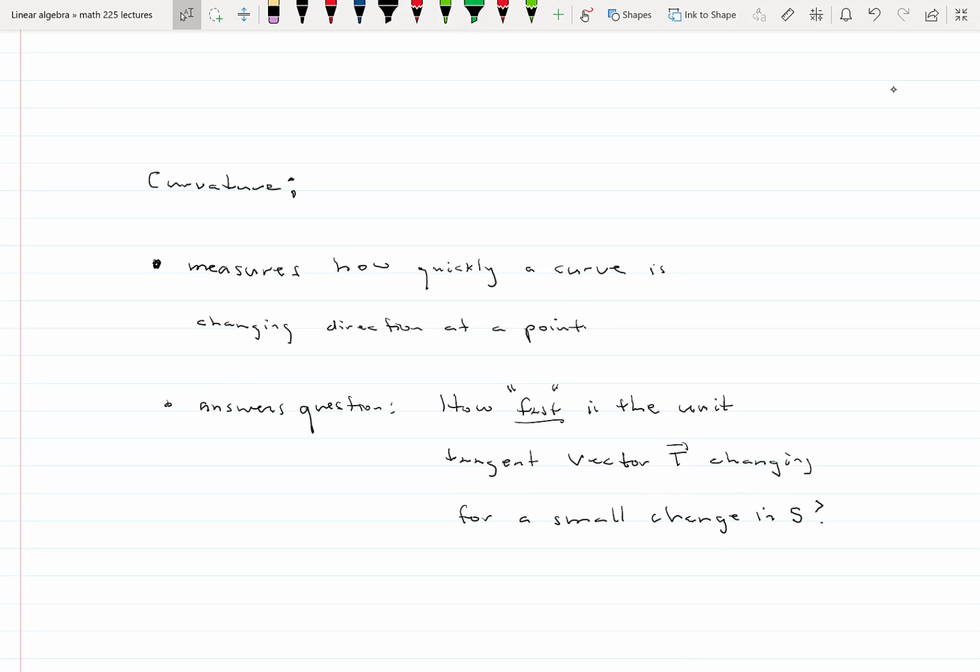It's also how I'm going to get a formula for curvature that we're able to deal with. So curvature should measure how quickly a curve is changing direction at a particular point. That's our intuitive idea of how fast it's bending at a particular point. And I'd like it to answer the question, how fast is the unit tangent vector T changing for a small change in arc length along the curve? So let's analyze this